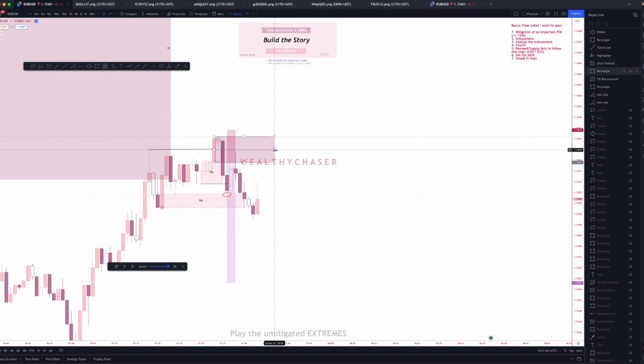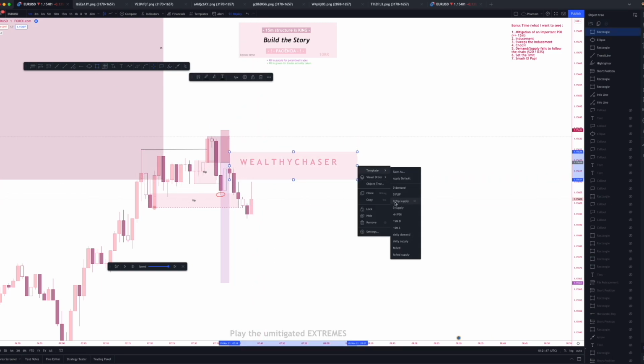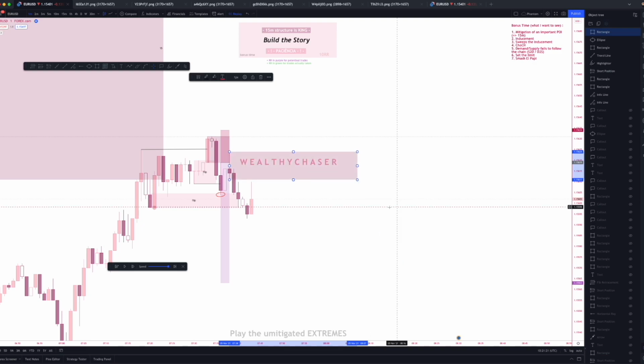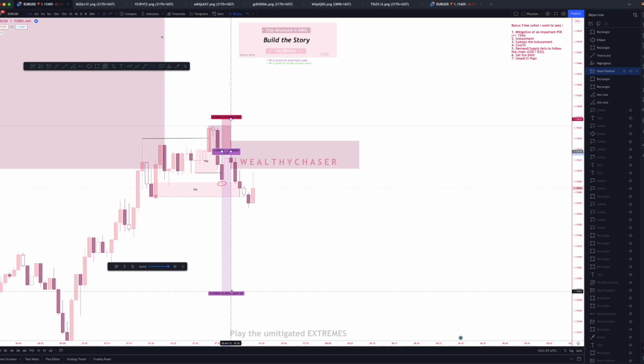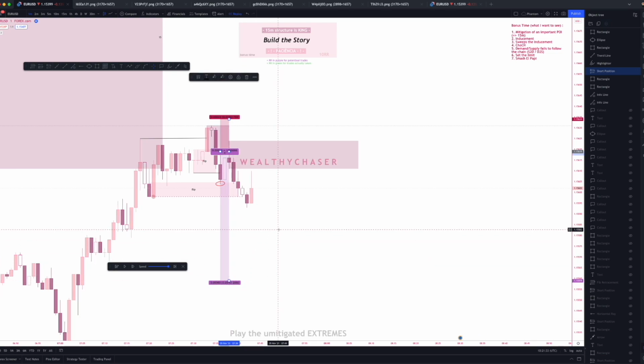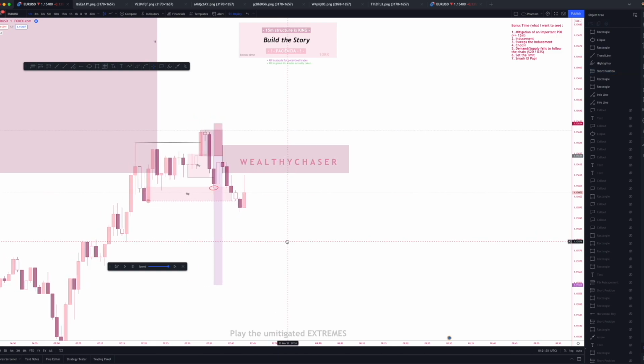So here we have a second flip. So this is my new supply. Why didn't I enter on this one? Because if you see the trades I'd taken, I didn't enter on this one. Why? Well, because in order for me to enter on the next mitigation, I need to have the one before at break even. I may miss some moves, yes. This is a risk management I do in order to lose less.